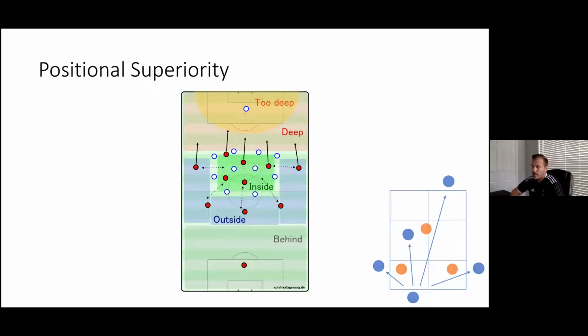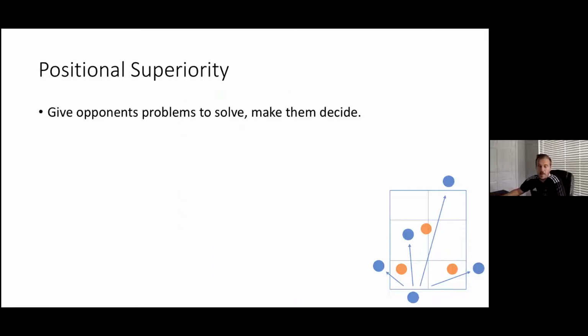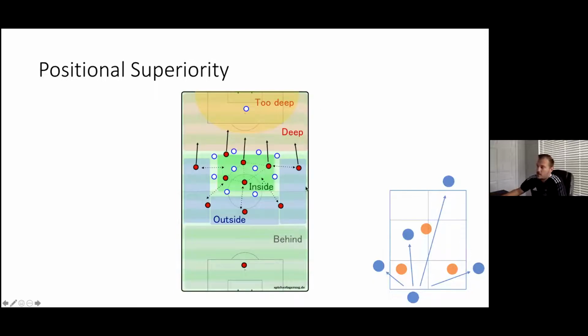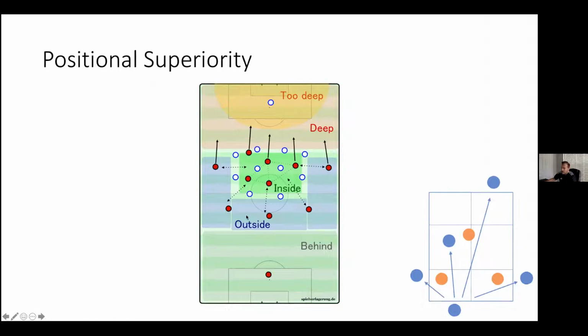And again, this is another way of looking at the game, which I really like. So you have the outside players, sort of the scaffolding of the team. And then you have inside players. How do you overload the middle? And then you have attacking depth. And then obviously you have an area that's too deep where the opponent goalkeeper has control of that area. You don't want to play too far behind. So again, attacking deep, attacking inside the opponent formation, attacking outside the opponent formation, and attacking in front of their formation. So that just means how we circulate the ball in front, how we attack the outsides, how we attack the inside, and how we attack behind.